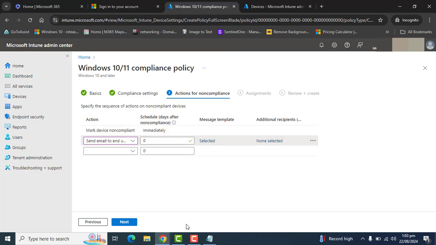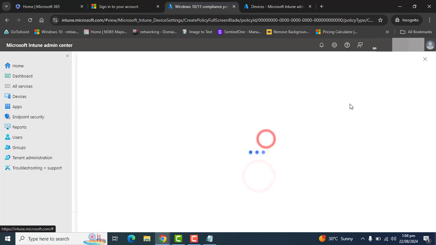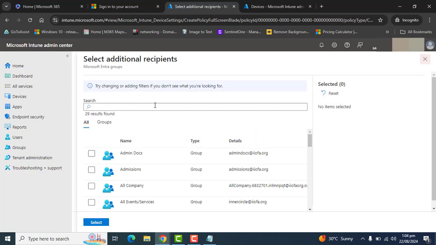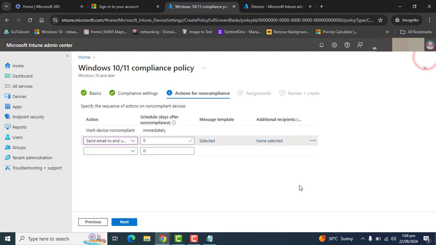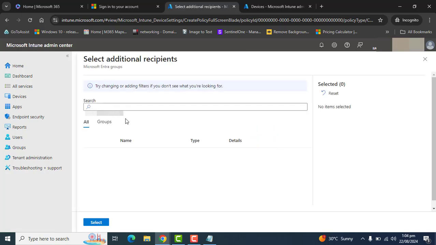Okay, when the device is lower than the OS version we require, the device will be marked as non-compliant, and this will send a message notification to the user, the notification you have set up in the message template. If you want to define any additional recipients, like the group of the IT help desk team or any technical team, that will get a notification that this user device has been marked as non-compliant and take action and update this device. So for your understanding,